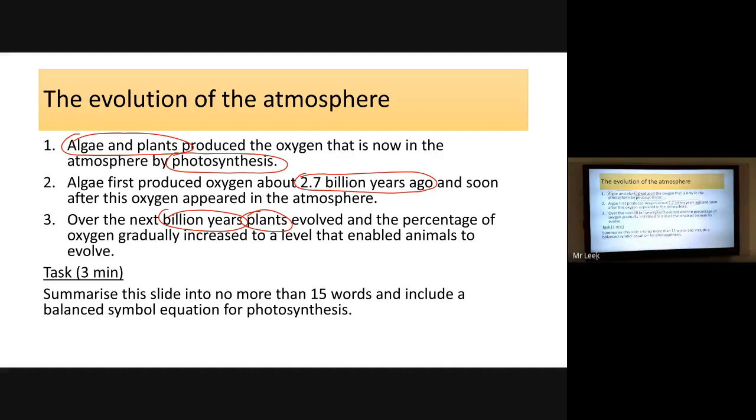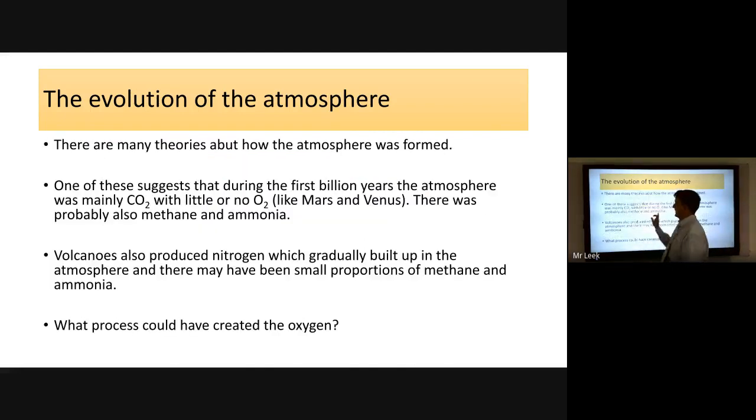Now, the actual numbers themselves, right, you don't need to remember the fact that 2.7 billion years ago, algae appeared. You don't need to know that. You just need to go with the general idea. So 4.5 billion years ago, there was nothing. There was basically molten rock. After almost 2 billion years, this is when waters went into the atmosphere and the seas appeared, then algae then